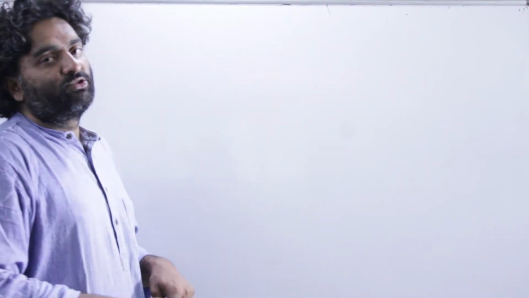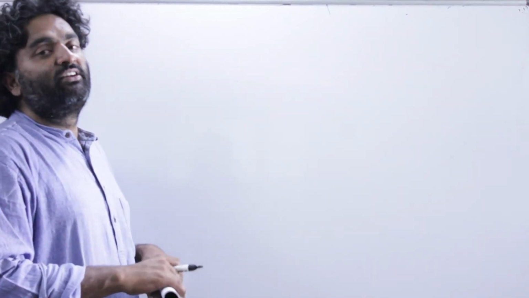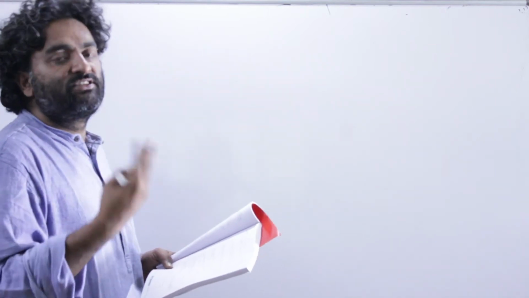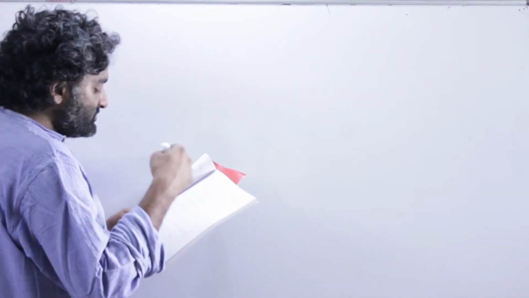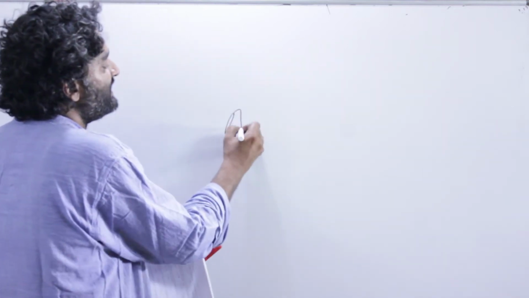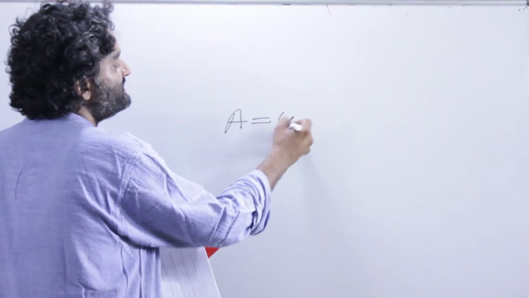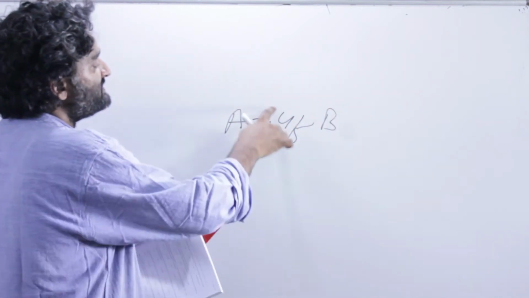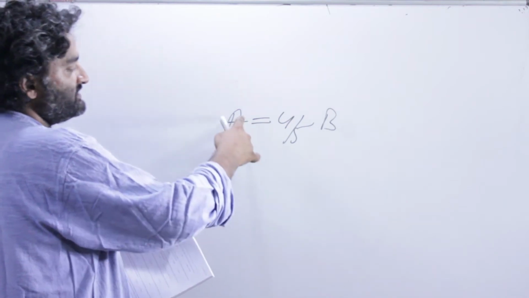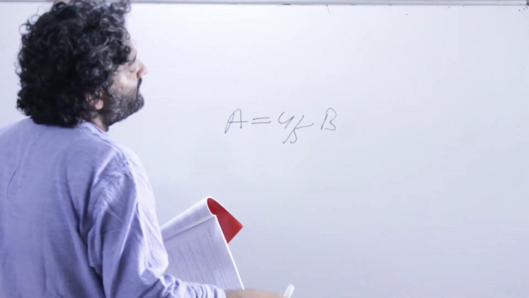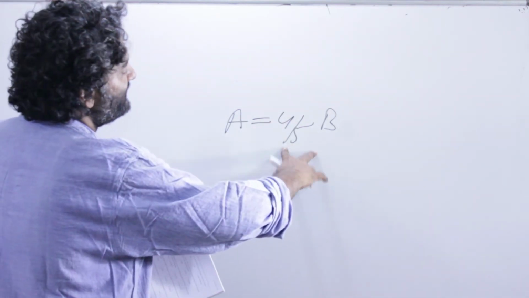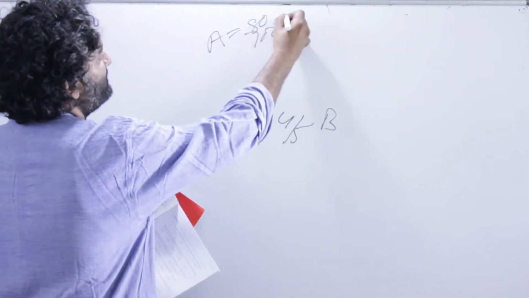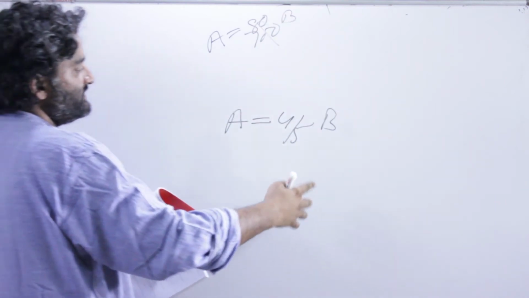Another standard question of checking whether you understand how bases work, or between two numbers, which number is considered to be 100. A's salary is 80% of B's salary. We know how to translate this. A is 4 by 5 of B, right? 1 by 5 is 20%, 4 by 5, 4 into that would be 80%. Remember, the basics are not too far away anyway. A is 80% of B, you would have written as A is 80 by 100 of B. So I'm not taking too much of a far away step.